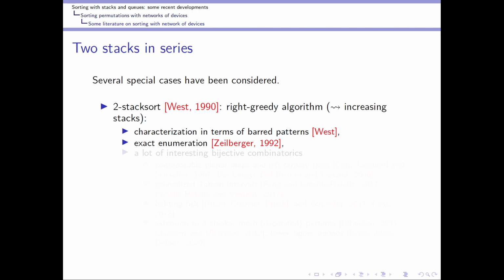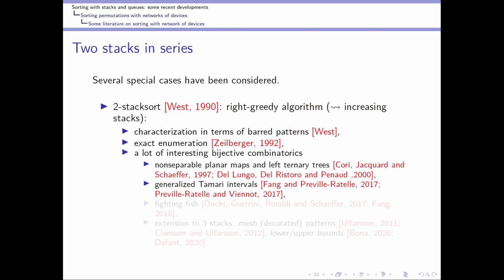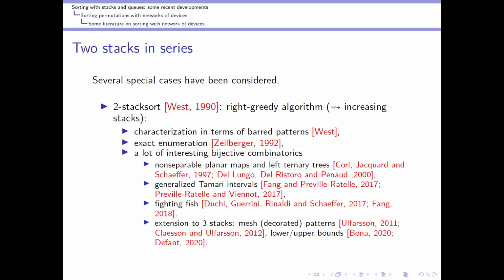In fact, a lot of interesting bijective combinatorics is connected with this case, and there are many remarkable combinatorial objects that are in bijection with sortable permutations, such as non-separable planar maps and left ternary trees, generalized Tamari intervals, fighting fish. There is also an extension to the case of three stacks in series due to Ulfarson and Claesson and